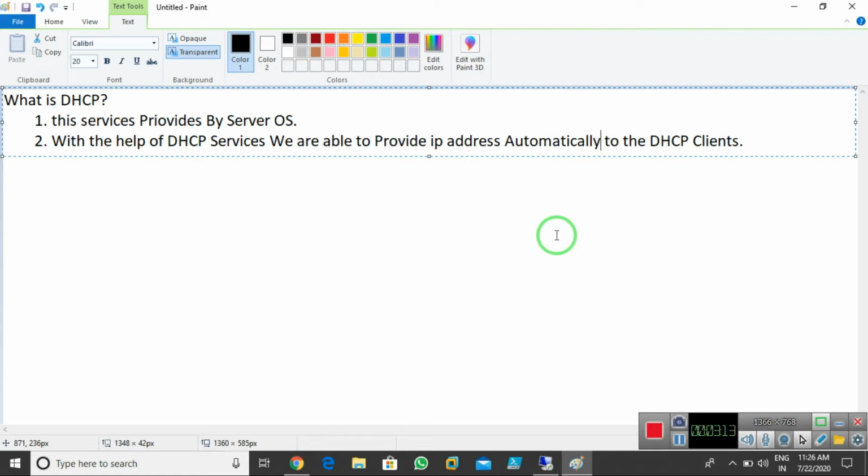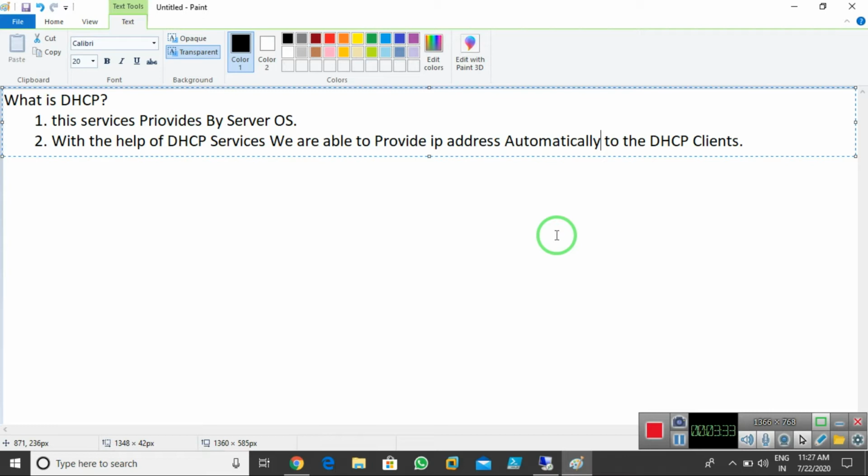Imagine that I have 200 clients in my network, 200 PCs, and I want to provide an IP address on all 200 PCs. I have two ways. Either I can manually set the IP address on all the PCs or devices, or I can use DHCP services.